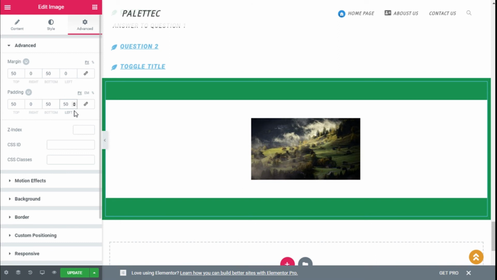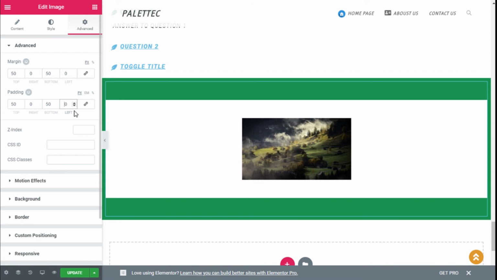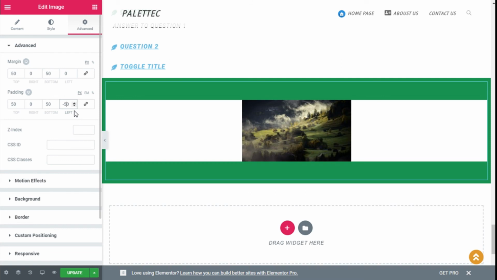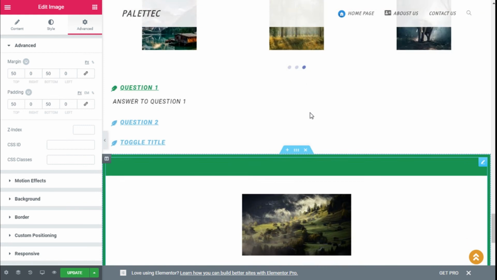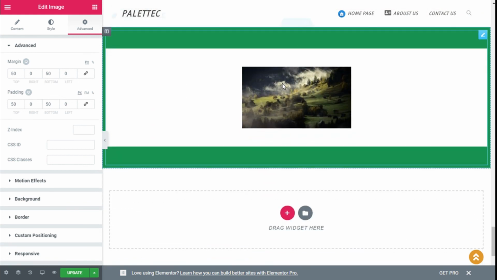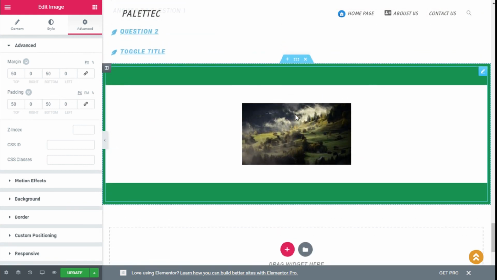In this case we are going to add some padding. As you can see, it moves like that, and if we add some negative value it will do the same. This you have to do according to your needs for your site, for your widget in particular. So we have some padding pushing the white background of our image, and we have some margin pushing the green